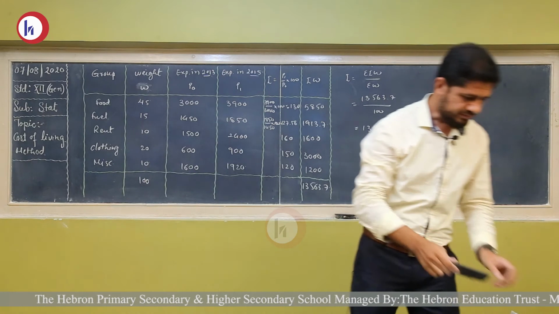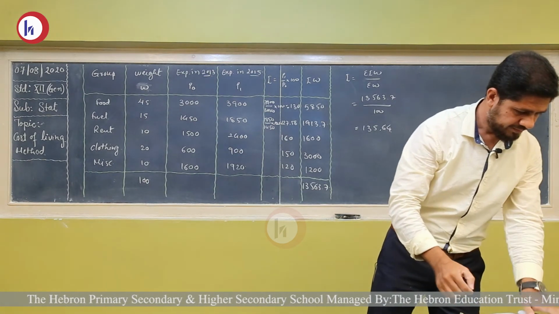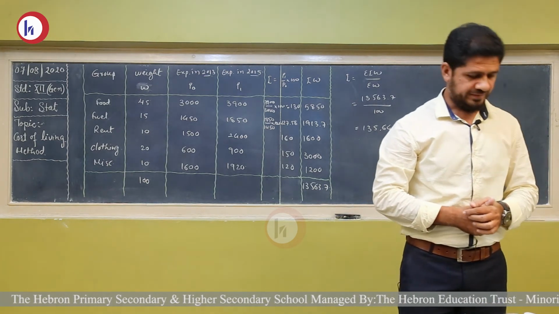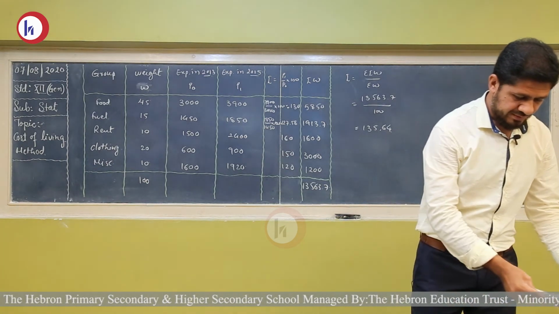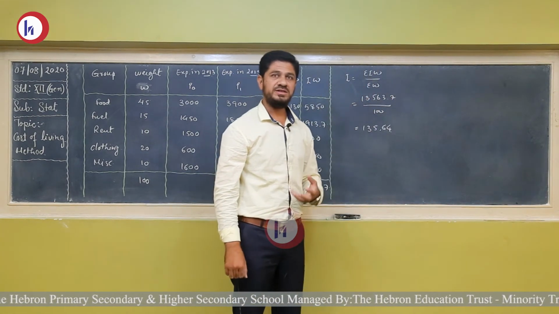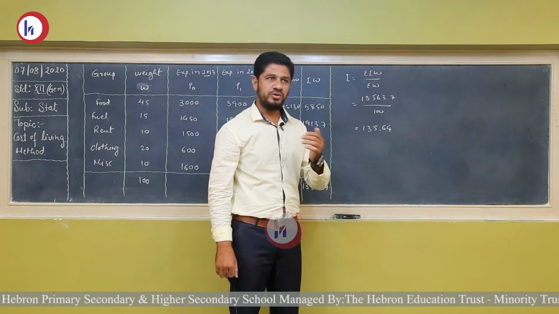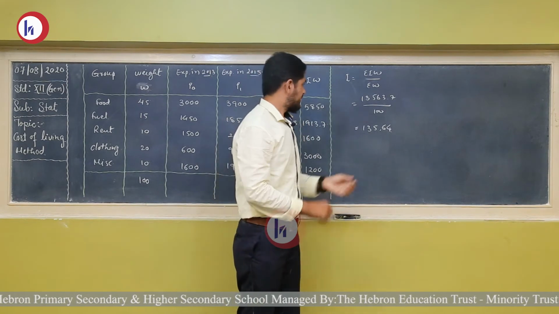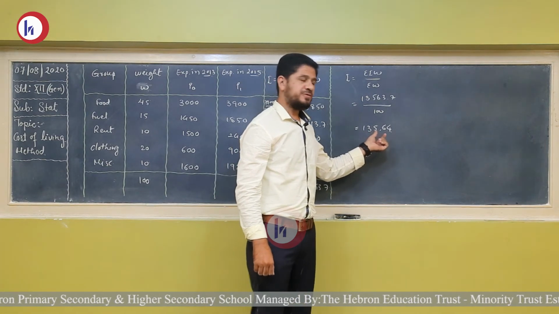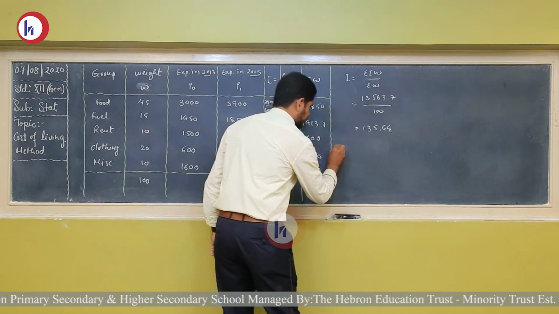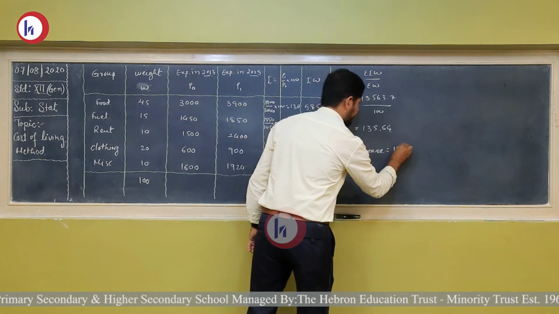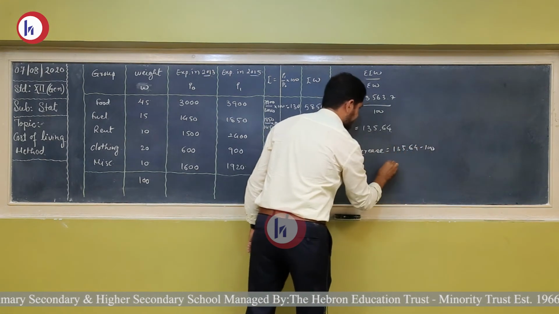Now let's read the question further. It also asked about the disposable income in 2015. So friends, we learned that the value above the 100 is increment and the value below the 100 is decrease. So here, 35.64% increment in expenditure. So total increase is equal to minus 100, that is